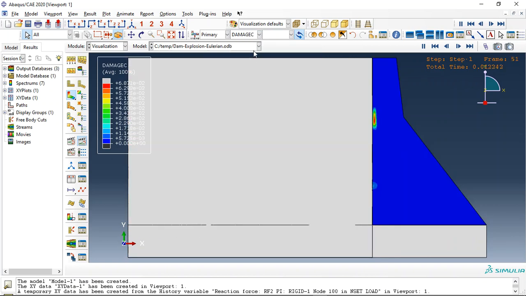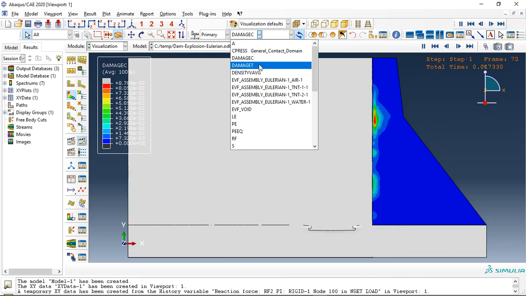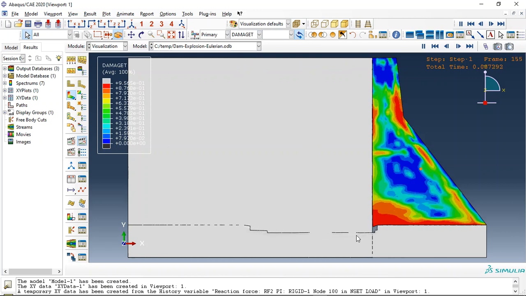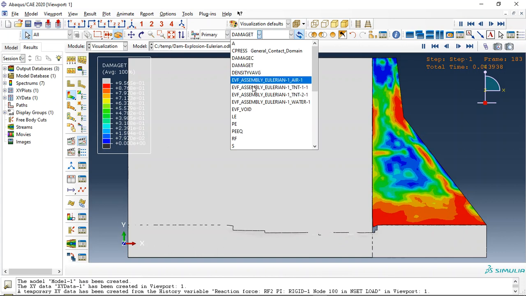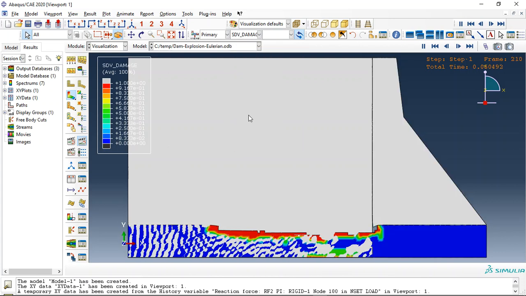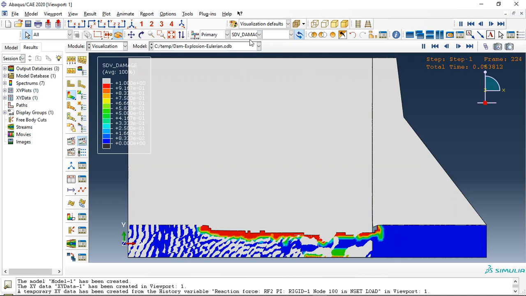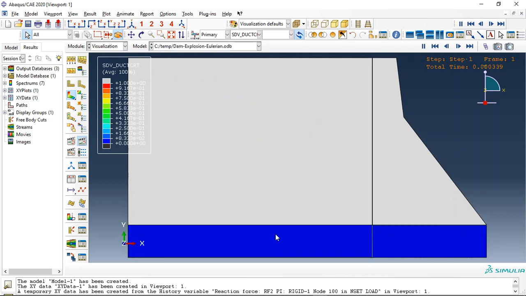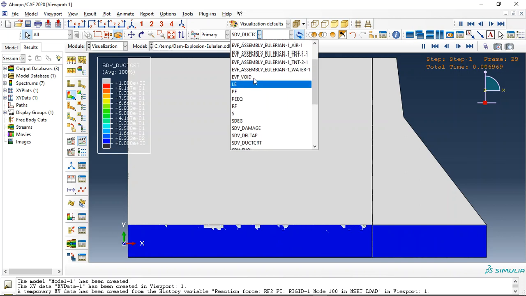Check the compressive damage. See, this is the compressive damage, the tension damage. It is fully damaged, you can see, and the failure happened in the rock here. We can check the damage for the rock. You can see it here. We can check the ductile damage for it. Now let me check